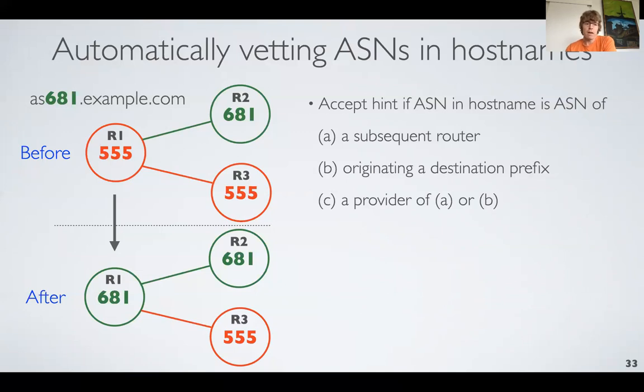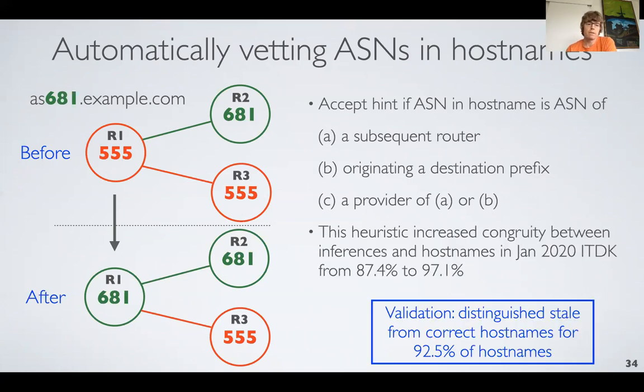But essentially the approach is that if we have a router R1 in this case, where the inferred AS is 555, and we have a hostname associated with that router that indicates it's operated by AS681, we will accept that hint if that ASN is that of a subsequent router, or if that ASN originates a destination prefix that we observe R1 in the path towards, or it's a provider AS of an AS in set A or set B. So this heuristic increased the congruity between inferences and host names in the January 2020 IDDK from 87% to 97%, and we validated